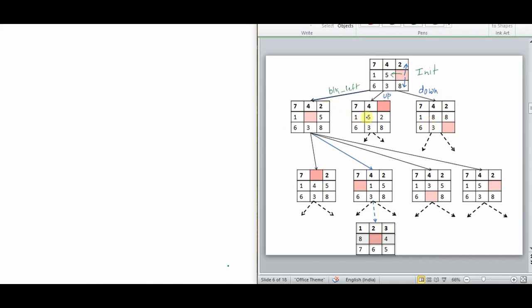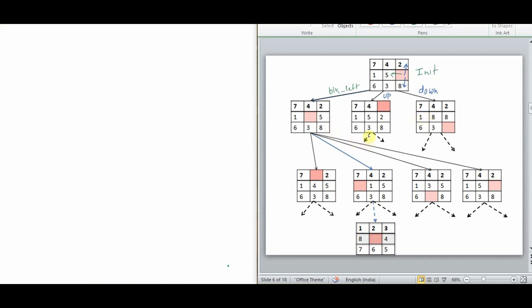So there are only 3 options when the player tries to move this tile using the operators. Although there are 3 configurations, it does not mean that the player will play all 3 moves. The player may choose this move, and then from here he will go here. In some other game, the player may choose this move, so he will go to this configuration. Or in some other game, he may choose this move, so he will go to this configuration.